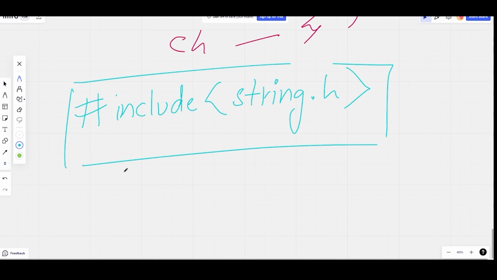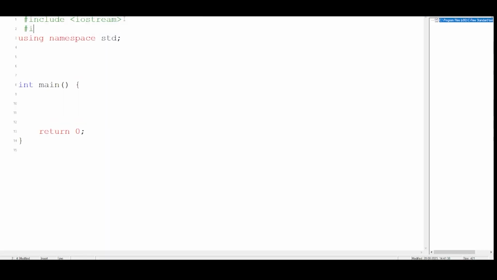But let's understand with the help of the program how string works. So I'm currently in the platform, and let me give the header file first. As I said, it will be string. So I've included the header file, though it is not necessary on this compiler, which I have been using for a very long time, but still you have to make a habit of including this, because you never know which compiler will give the error.